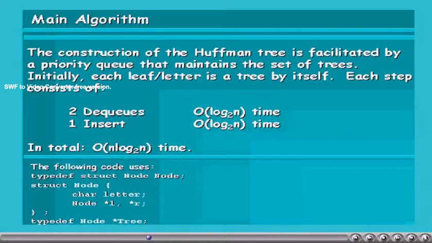And then we remove the two smallest nodes and then add and create a new node, and that will be inserted into the priority queue. This is repeated to get the final Huffman tree.